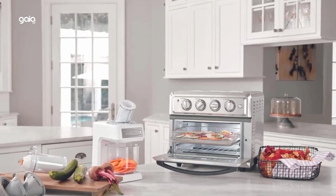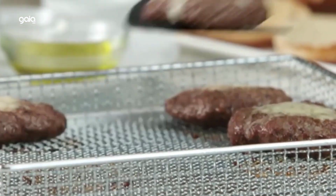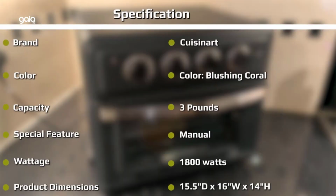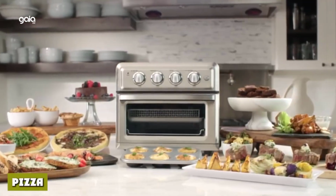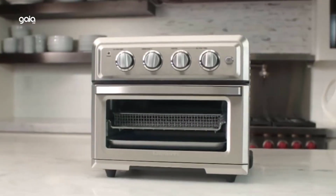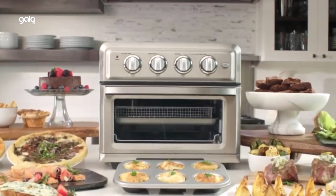Best of all, a large 4-pound chicken requires only about a teaspoon of oil to fry. Air frying, which uses powerful ultra-hot air, is a healthier way to prepare delicious fried favorites, from wings to fritters to fries to shrimp. Endless functions. This premium 1800-watt full-size toaster oven can air fry, is equipped with a convection bake setting, convection broil, warming feature,